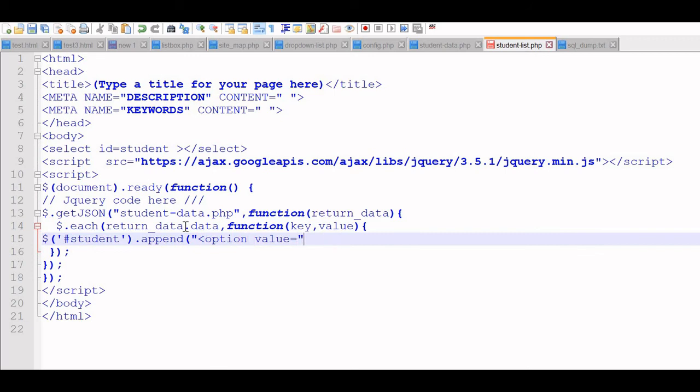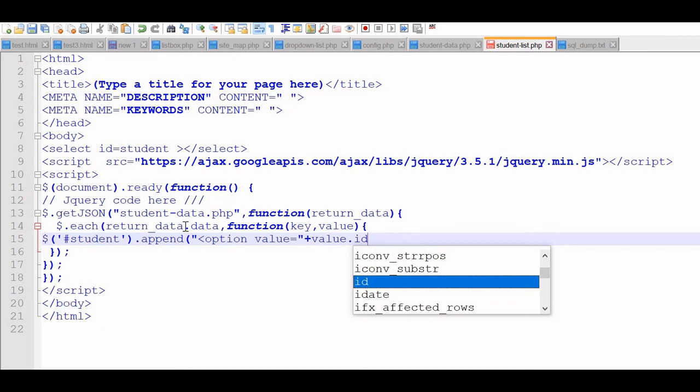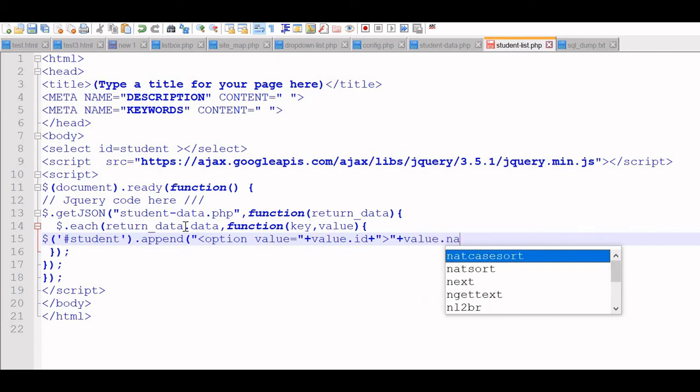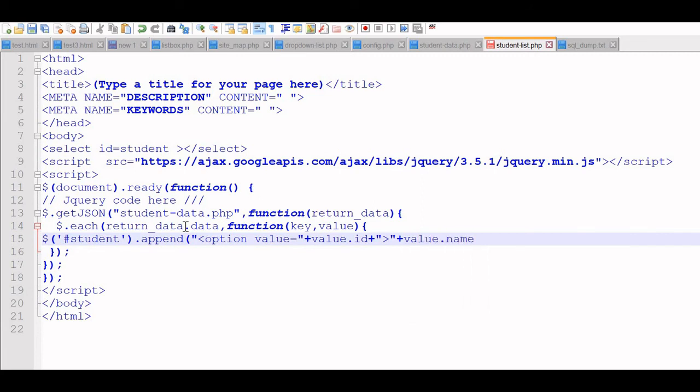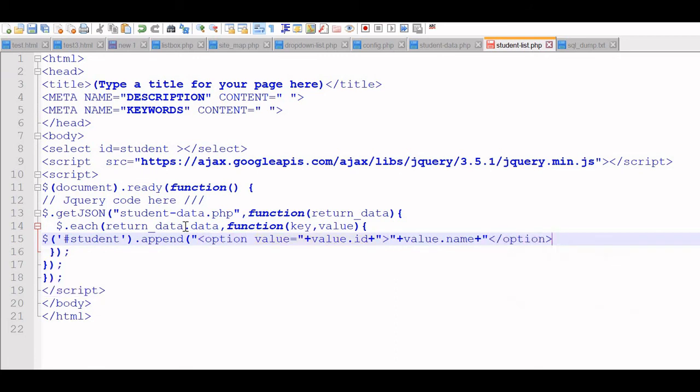Then plus, now again value dot id, now again plus. We have to be careful about the opening and closing of the strings. So now plus again, we will use value dot, this time displaying the name part of it. Now plus again a string starts, and the option is closed. Fine, now that's all.